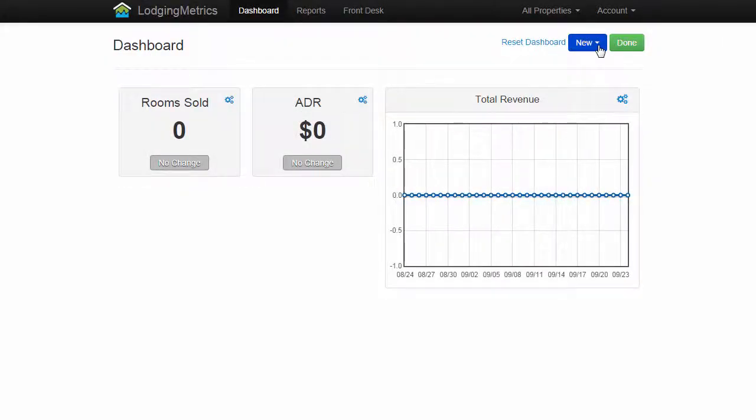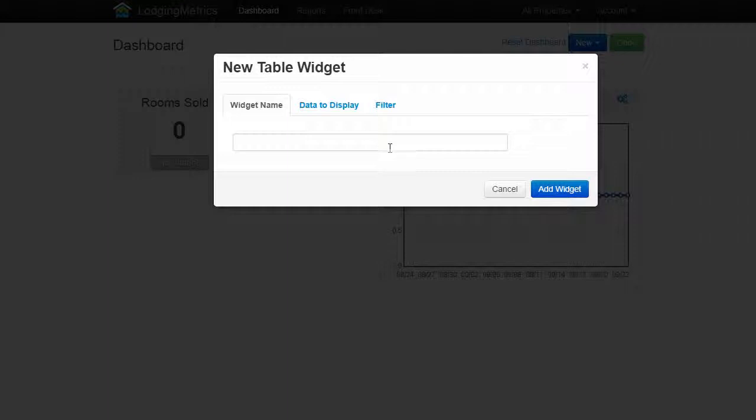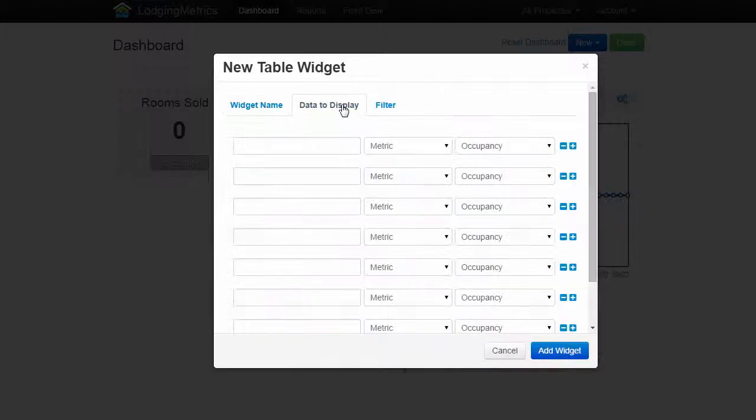Finally, let's create a table widget to display our various revenue metrics in a table. The process is similar to creating number and chart widgets, only here you can display more data. Click on New and select Table. For widget name, type Revenue Sources. Click on the Data to Display tab. This tab looks a little different because you can select multiple values to display, but the